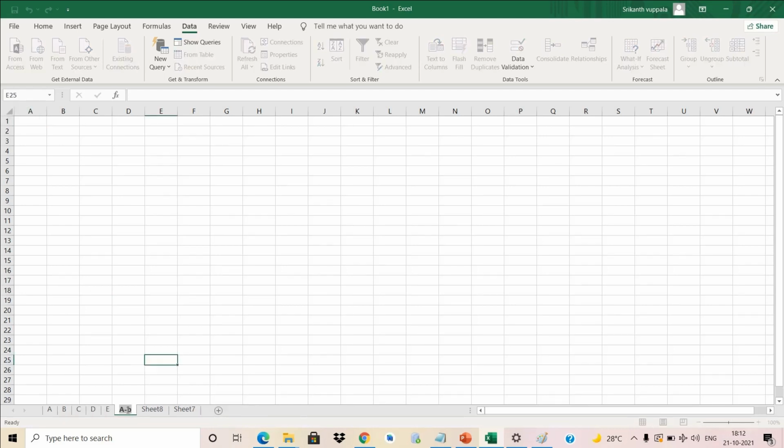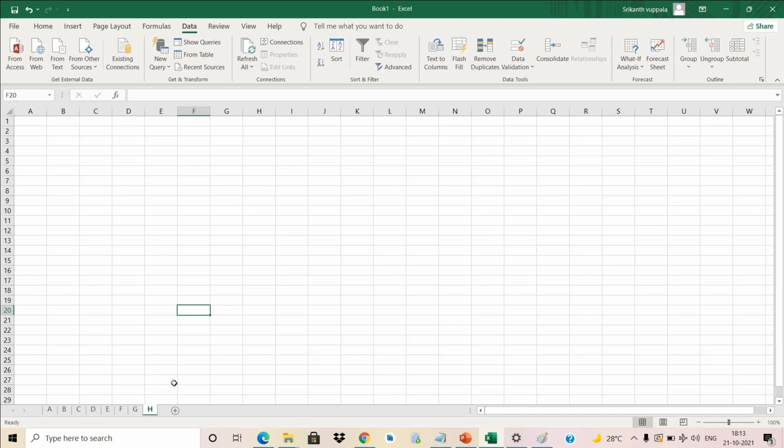Okay, again D. Okay, so if you are using any duplicate sheet names, it will show you a message that that name is already taken, because there is already a D sheet available and I am again using the sheet name as D. Okay, F, G, H. Okay, so since we have only 5 to 6 sheet names here, we are able to see all the sheets at one glance.